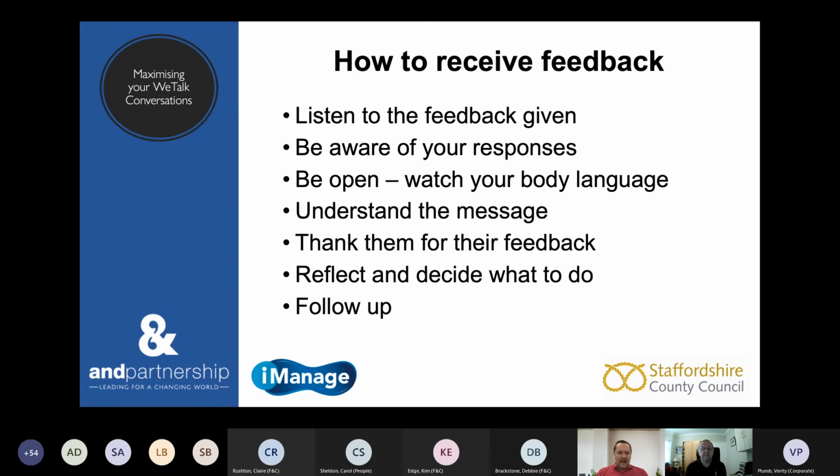And then that's up to you to reflect and decide on what you want to do next with that feedback. Assess the value of it. What are the consequences of using that feedback or actually ignoring the feedback? And then another important one is following up. So there's many ways to follow up. It might be arranging another meeting. It might be just going on and doing it, whatever that feedback is. It might be a quick email. You might want to focus even on team meetings. So having that follow-up, I think, is a key part of receiving feedback as well.